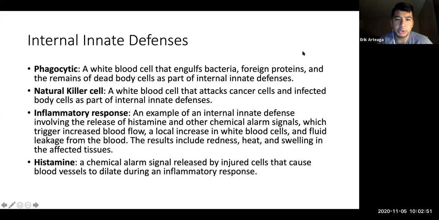All right. So internal innate defenses, we have a phagocytic cell, a white blood cell that engulfs bacteria, foreign proteins, and remains of dead body cells as part of their internal innate defense. Excuse me. You have natural killer cells. This is a white blood cell that attacks cancer cells and infected body cells as part of internal innate defenses. An infected body cell typically refers to a cell that's infected with a virus. Okay, and